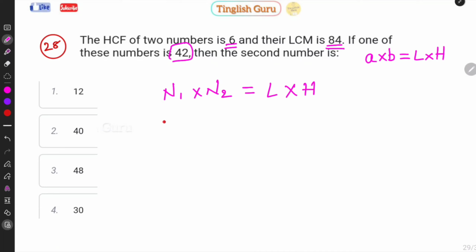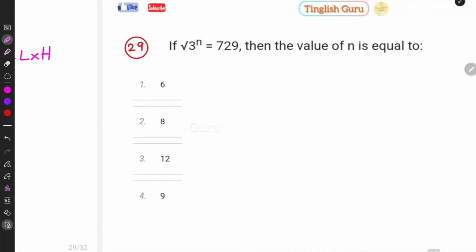So 42 into number 2, which we have to find, is equal to LCM 84 into HCF 6. On cancellation, 6 sevens 42 and 7 ones 7 twos. So our second number will be 12, option 1. Next,